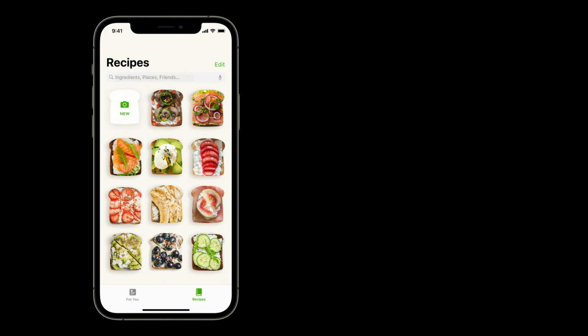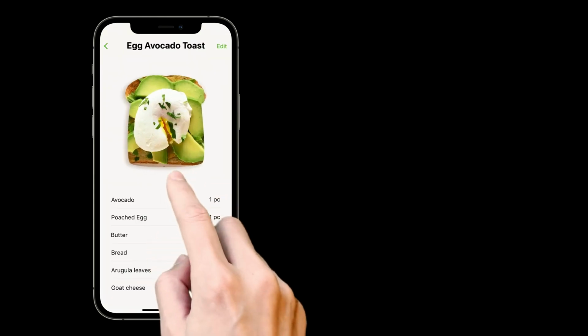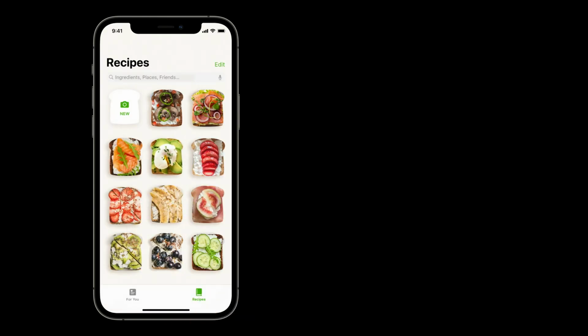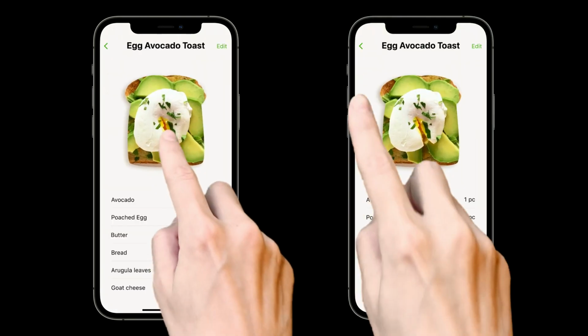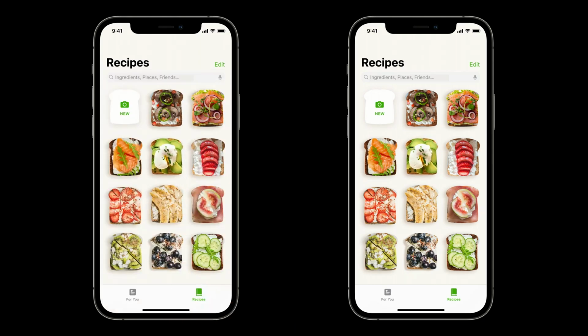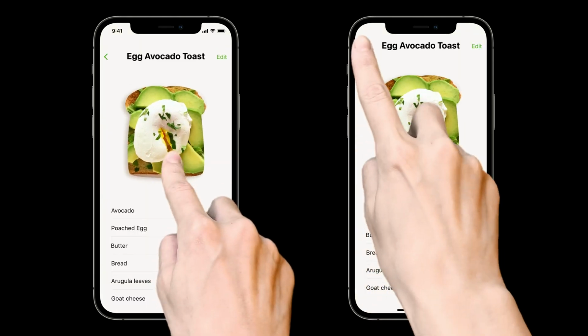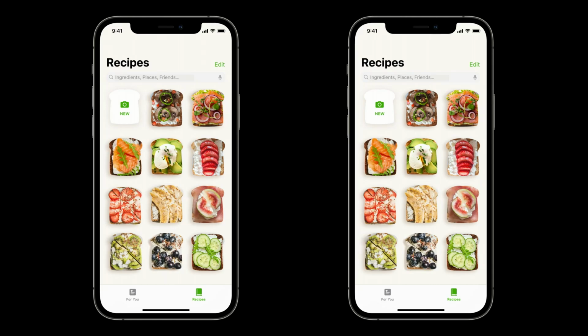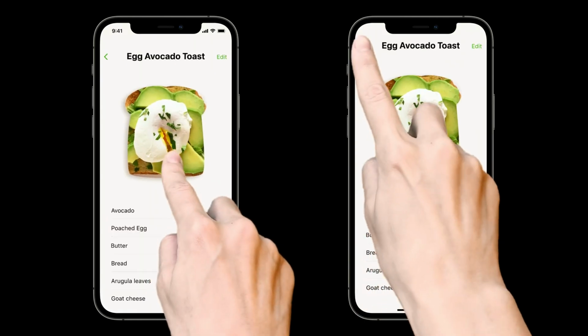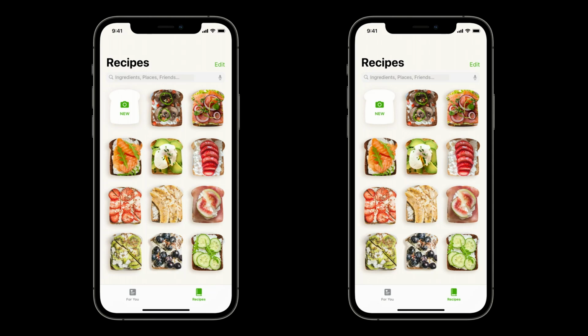In My Recipes, we could tap a toast to see its recipe. To get back to old recipes, we use swipe down as a shortcut, similar to the Photos app where you can swipe down to go back to all photos from viewing one photo. Even though it's a common gesture, we kept an explicit button to go back because we can't assume everybody knows this gesture. And gestures have directions. Tapping the back chevron still triggers a sliding down animation, which hints that you can also swipe down to go back. So ensure your transitions are consistent with the motion of the associated gesture.